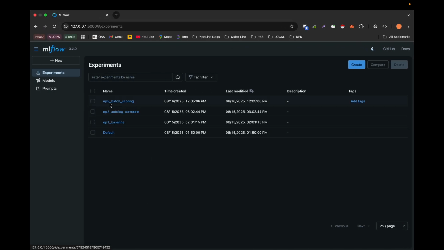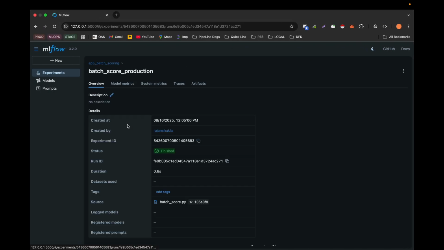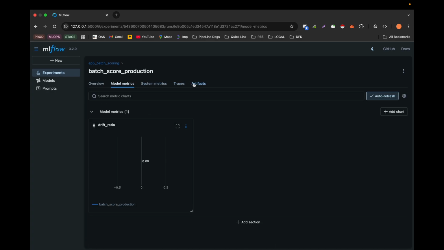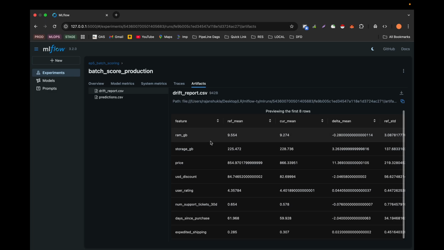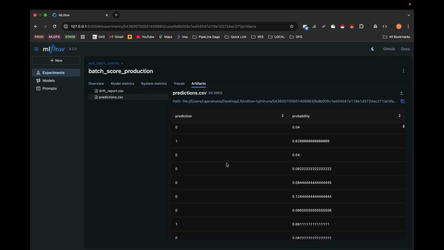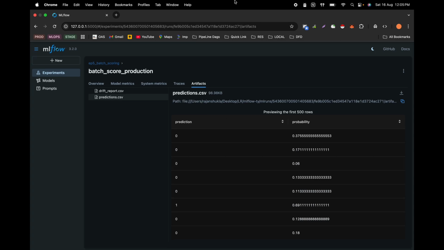It has created the new experiment batch scoring. Here all of the drift information is present, all of the artifacts, drift reports, predictions are present. It happened really fast because